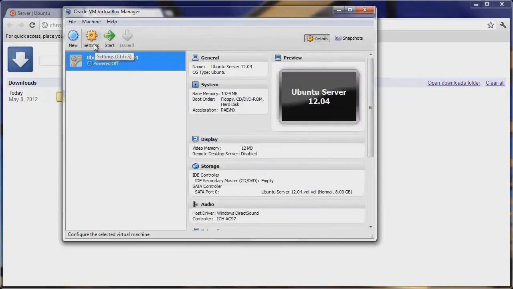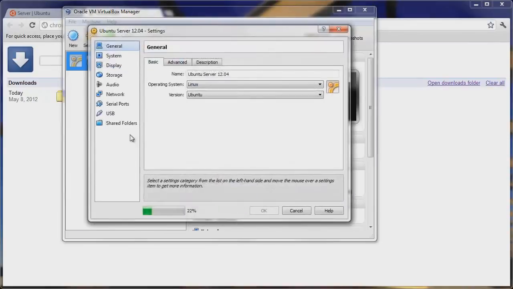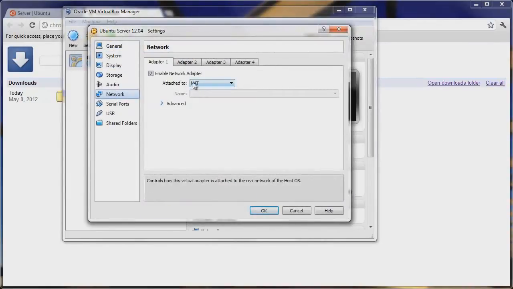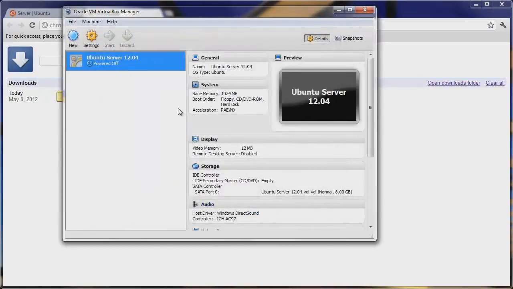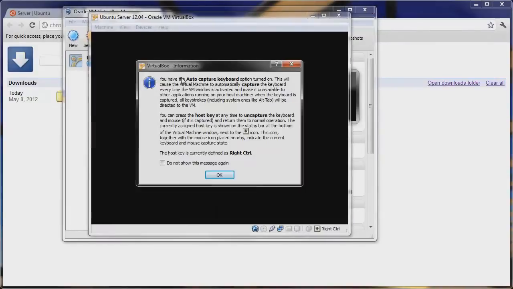Now there is one setting that we have to go through, and that is our network card. So let's go to Network. And you see we have adapter 1 through 4. We want to enable the network adapter on adapter 1, and we want to switch that to a bridged adapter. That'll allow our host machine to communicate with this virtual machine. And I just have my Ethernet card selected here. If you have two, then you can just figure out which one is the card that you want to select,